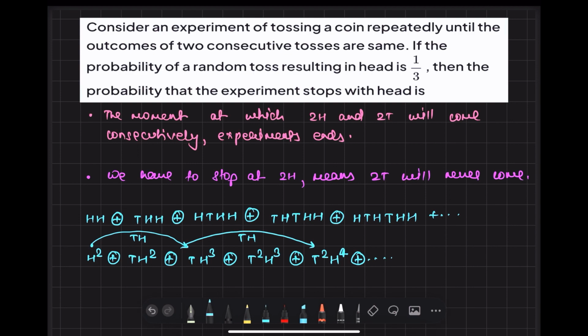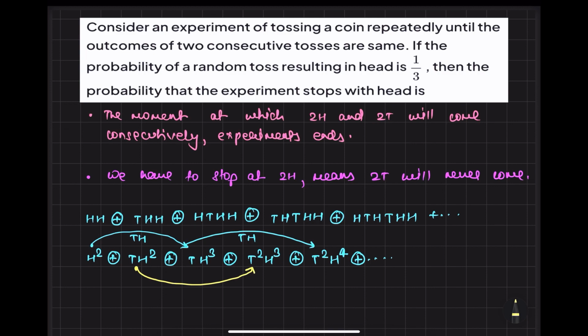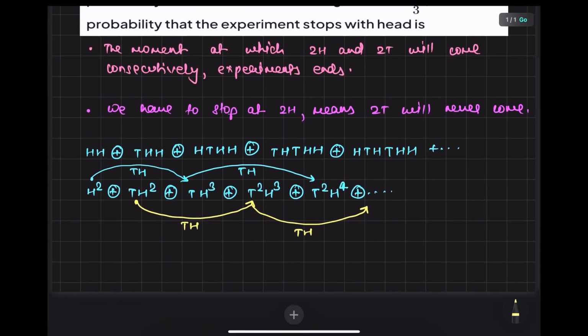Okay, now suppose that you are exactly here and from here you want to go to this thing. So it is what? Tail head, and from this to this if you want to go, again you require tail head only. Okay, so these are two GPs together, okay, and both are infinite. So can I say that the required probability